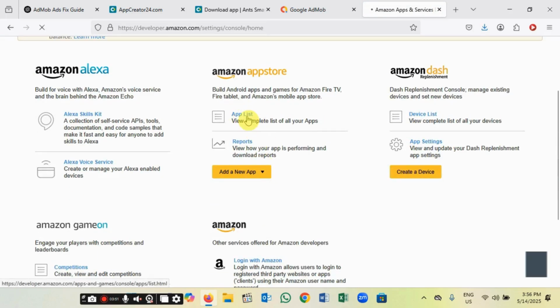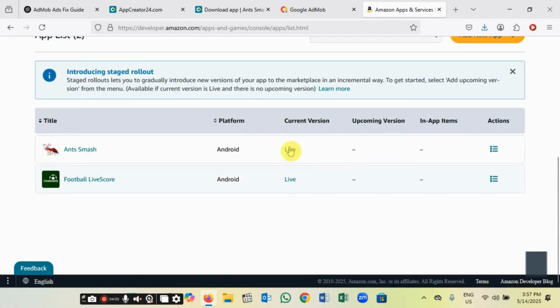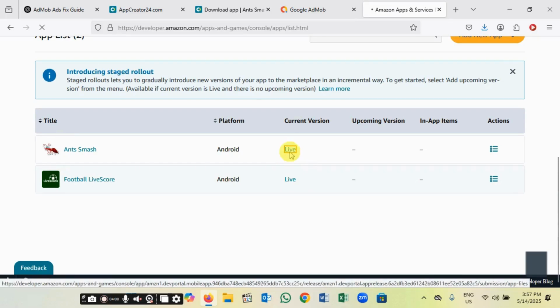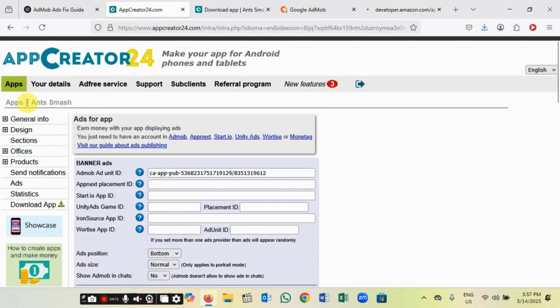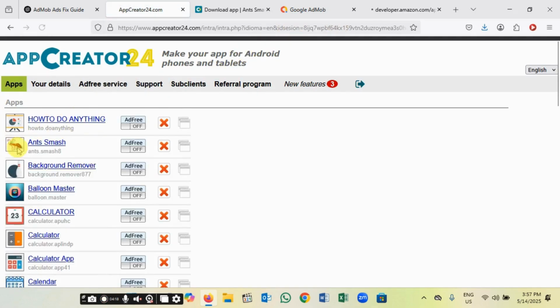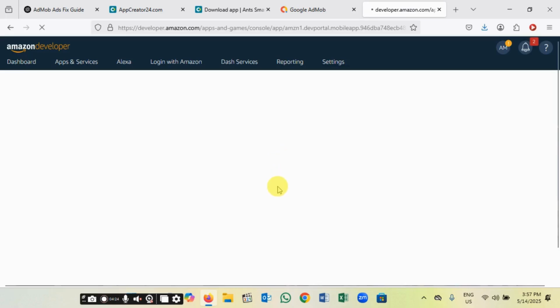So as you can see, my apps are here. I only published 2 apps and all have gotten approval from AdMob. As you can see, all my apps are live. So this is the app which I showed you from here. This is it. You can see the app icon here. You can see the name of the app, and you can see the package name as well. So here you're going to see the same thing